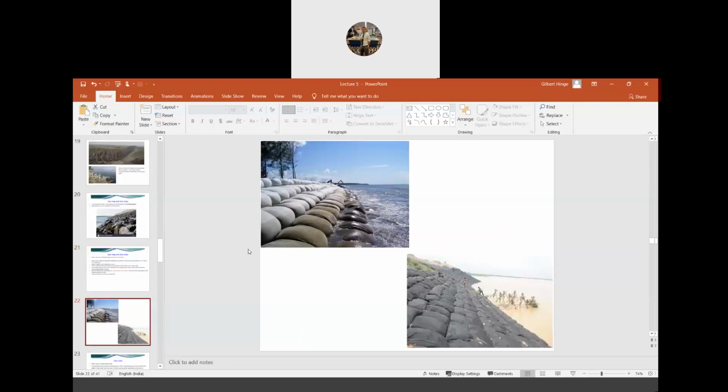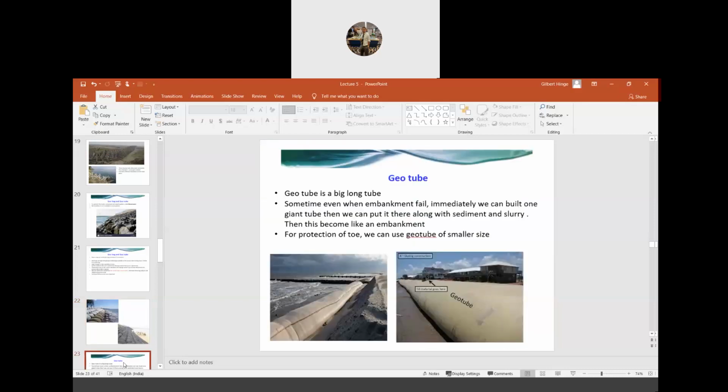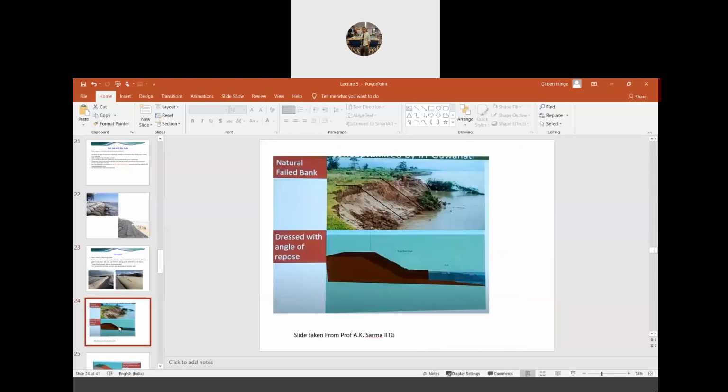These geobags are nothing but textile bags with high strength. We put the sand material that is available near the shore inside this bag, tie it in a proper manner, and lay it here in order to protect the bank, like you see here, right? Here there is a geobag, here there are porcupine structures. And then I have also shown you one real example of how to address some bank failure.